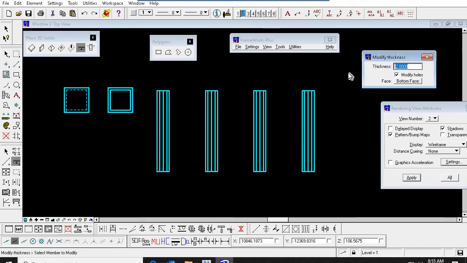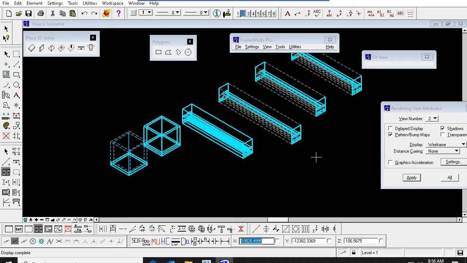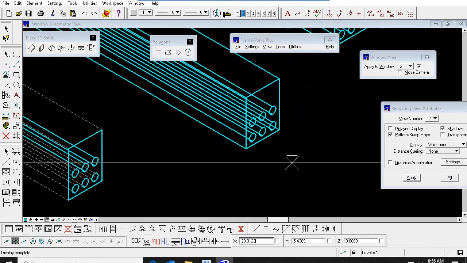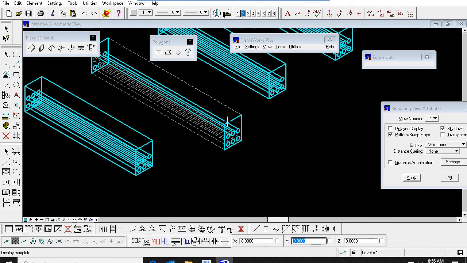Some location it's 12 meter, so I want to change this to 12 meter. I'm just selecting this duct bank. I'm clicking left button, accept. See, length is increased to 12 meter along with the holes. Along with the holes also it will increase. No need to place the holes again.